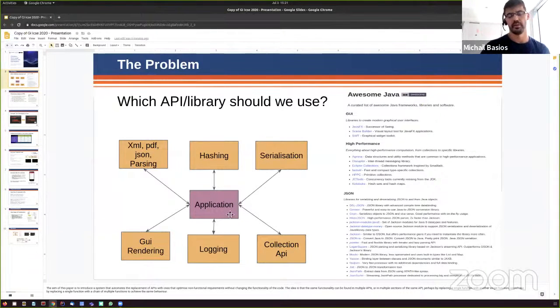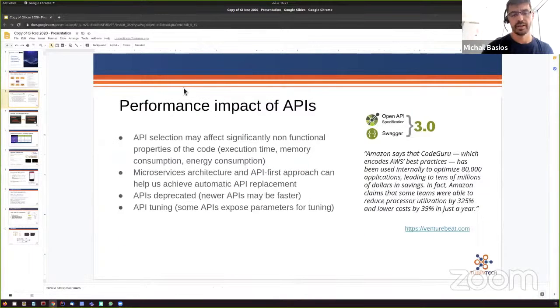When people usually write an application, there are a lot of equivalent libraries, either a library or an API, and it's quite tricky to know which library is better than the other one. For example, if you want to implement an application in Java or Android, on GitHub there are nowadays very popular awesome Java, awesome Android, awesome C++ lists, where developers can look and see the alternative APIs that they can use for the library. So what we wanted to do is that